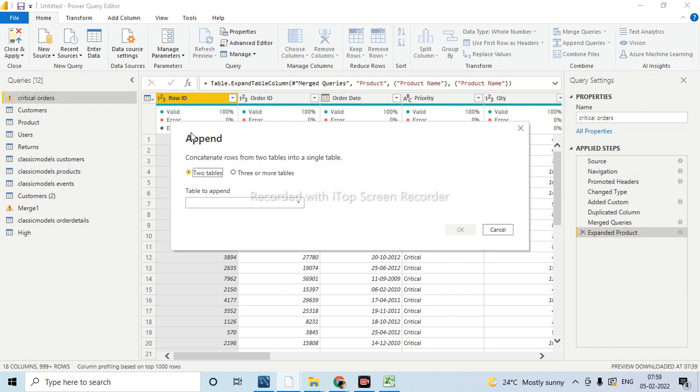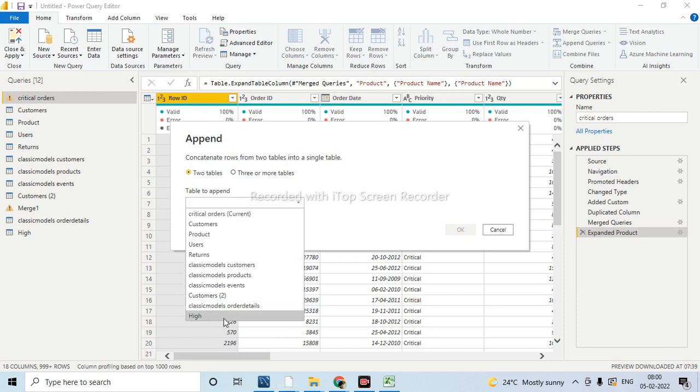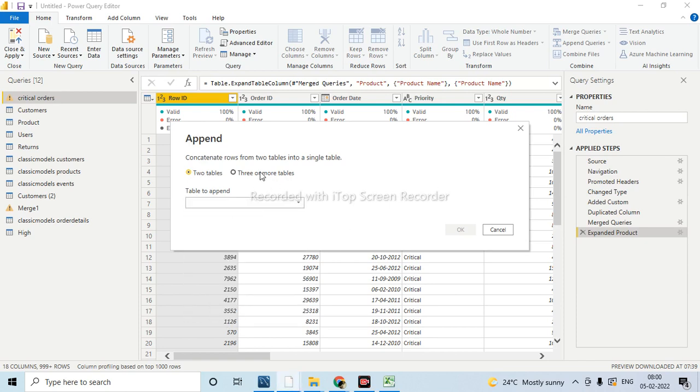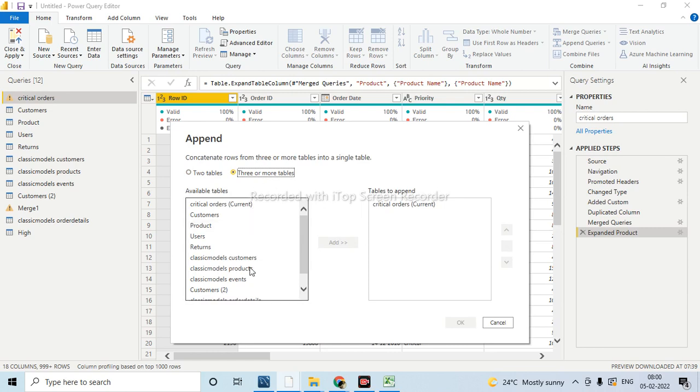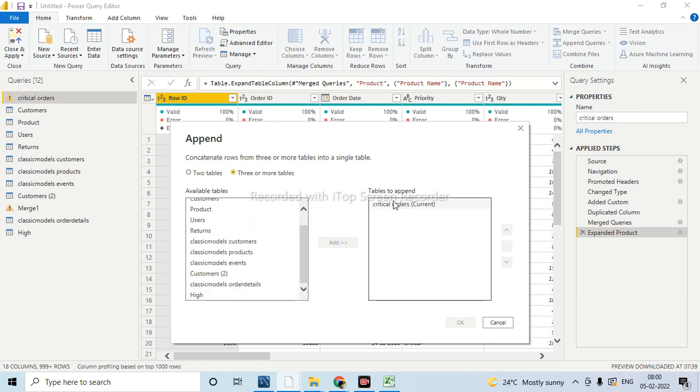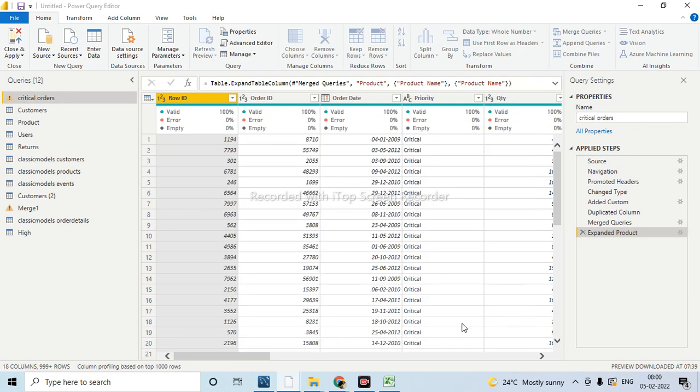Here you can append multiple tables, two tables, three or more tables. Two tables in the sense one more table. Just we are taking high. If you want to do more than two tables, directly you can come here and select the tables. For this one it is already there by default because we have taken this action from the critical orders table itself, so it is automatically identified. Now I am taking high also. You can add multiple tables when you want to append. Now when you click on OK,